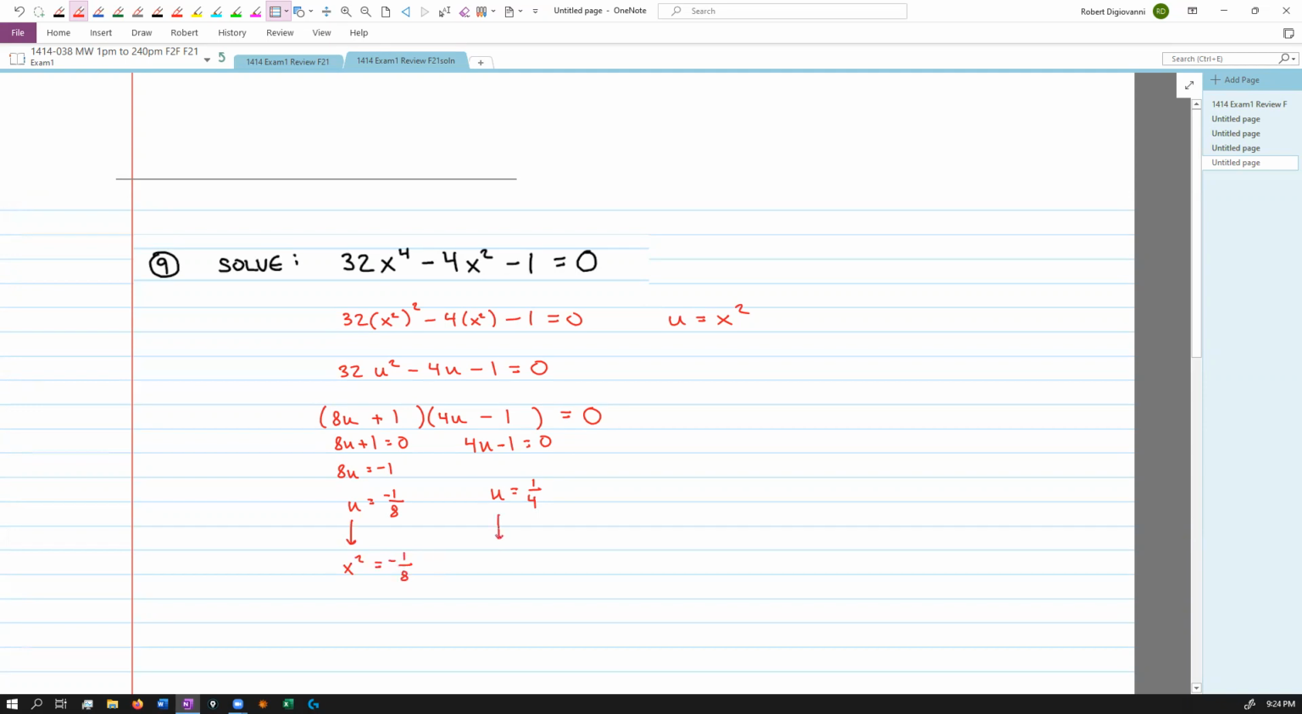And this one is saying x squared must be 1/4. Well, this can never have a solution because there's no number that we can square and get negative. This one, on the other hand, could happen. So now we take the square root on both sides,